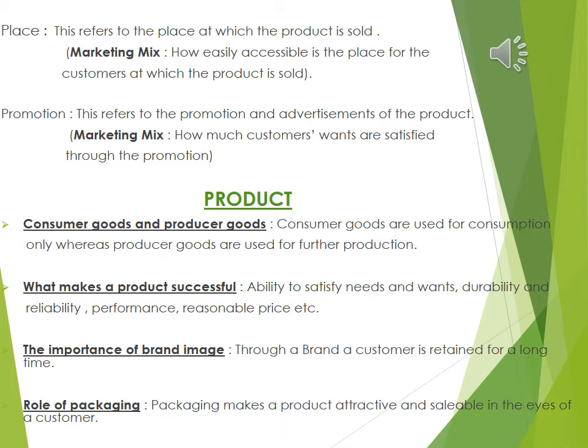For example, it should satisfy existing needs and wants of consumers. It should fulfill its aim, in other words. When it will satisfy customers' needs and wants, only then it will be a successful product. That's true. Okay. Secondly,